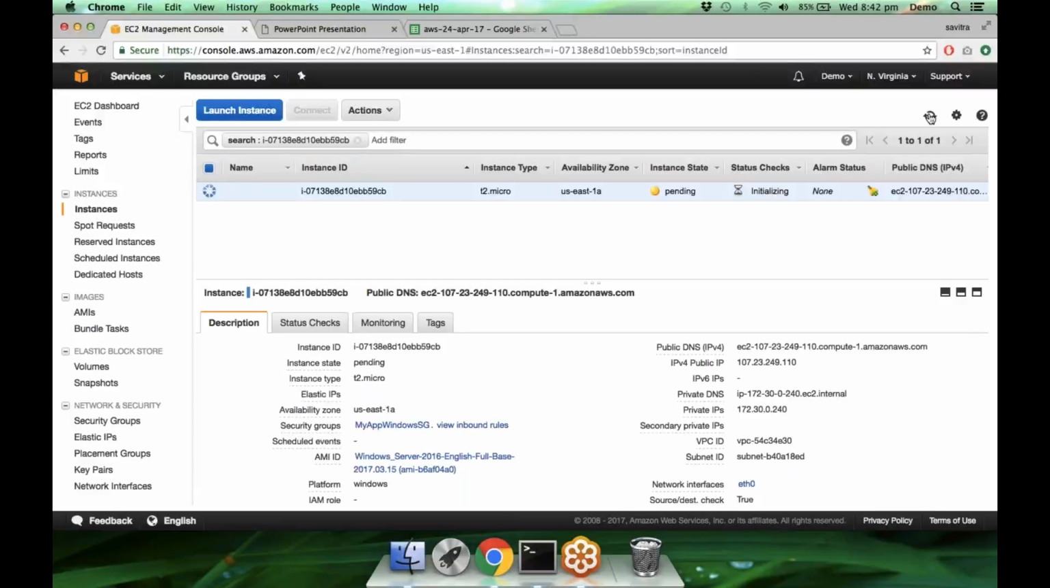We need an RDP client. Now, if you use a Windows laptop or computer, so your client machine is a Windows machine, then you'll have RDP pre-installed already. You don't have to do much. However, this is a MacBook, and here what I have to do is, from the